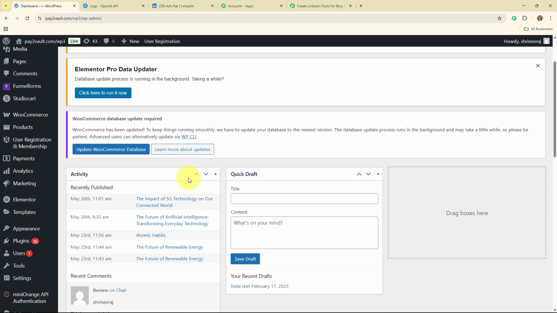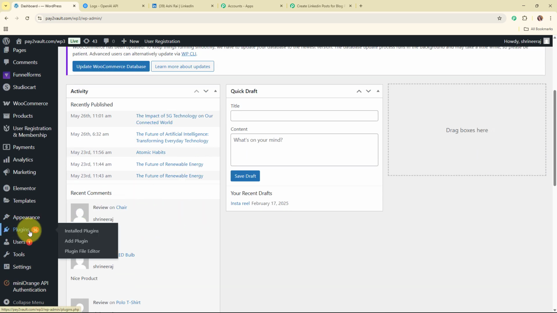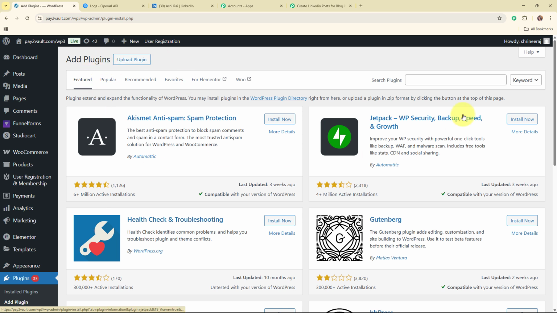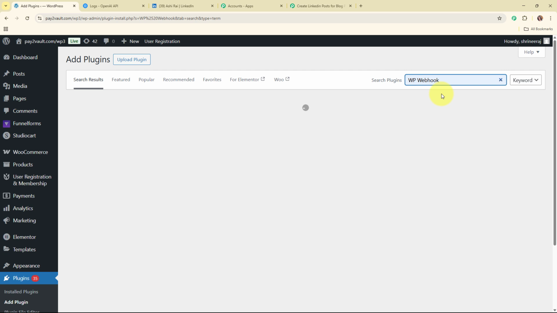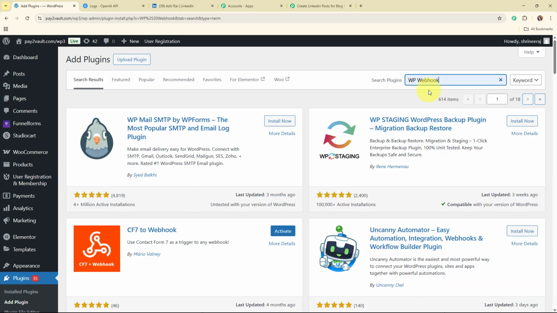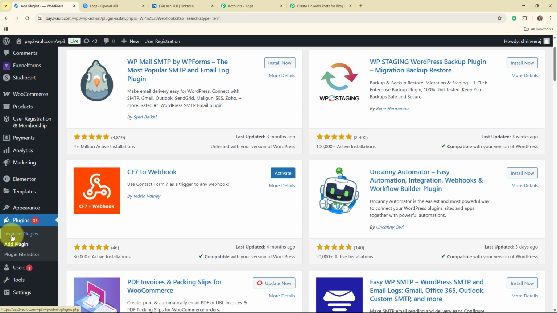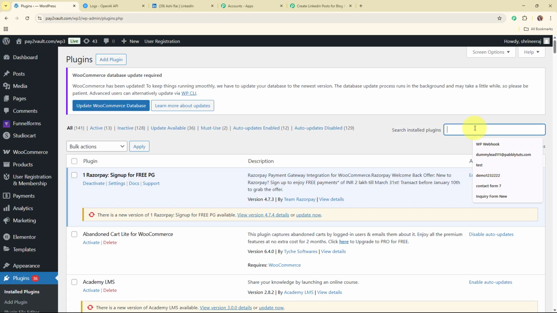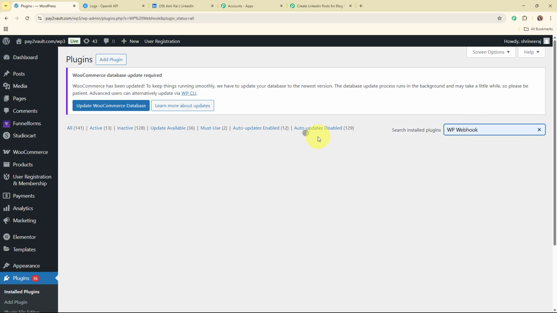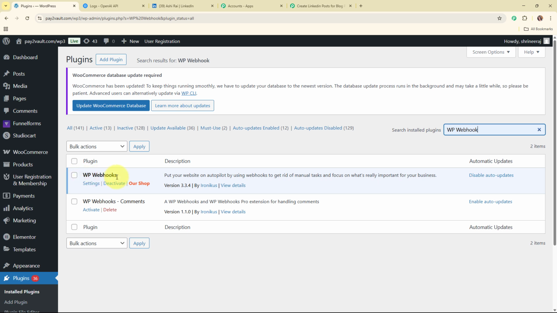So for that, you need to click on this plugins, and from here you need to select add plugin. Now here under this add plugins, you have to search for a plugin that is WP Webhook, and then you need to install this particular plugin in your WordPress account to connect your Pabbly Connect account with your WordPress account. Alright, so here I've already installed this particular plugin, so I'm going to click on this installed plugins, and here I'm going to search for the plugin. And here you can see I have successfully installed this particular plugin, and it is already activated over here in